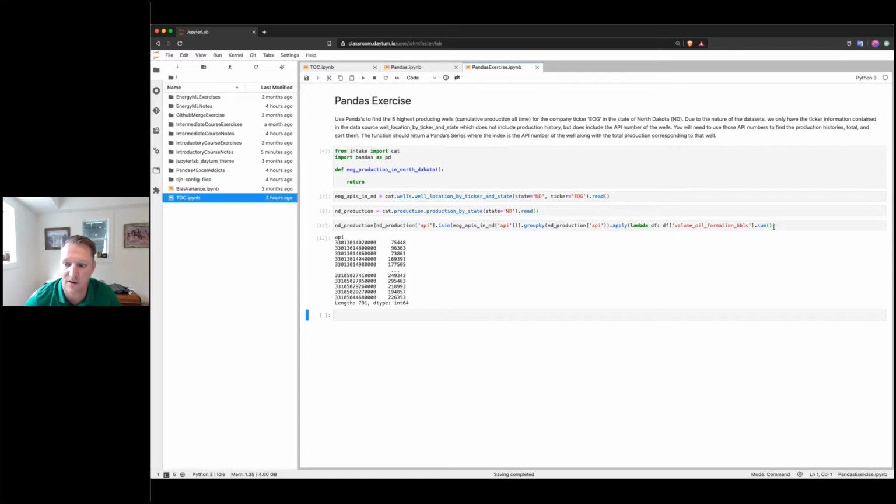Now if we want to find the five highest, all we have to do is sort like that. So now they're sorted from largest to smallest. And if you want to see only the first five, we can just use our head command. And there we have it.